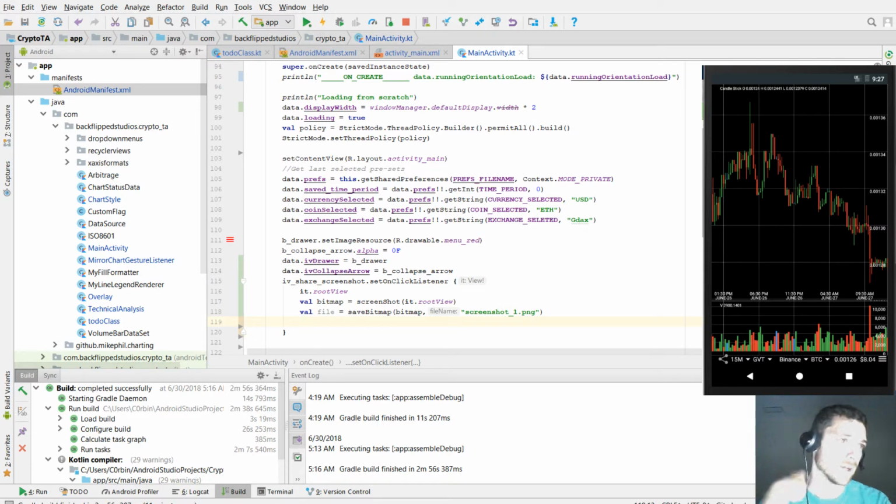So now we have our file, and we can do println file saved, and this will be file.get absolute path,